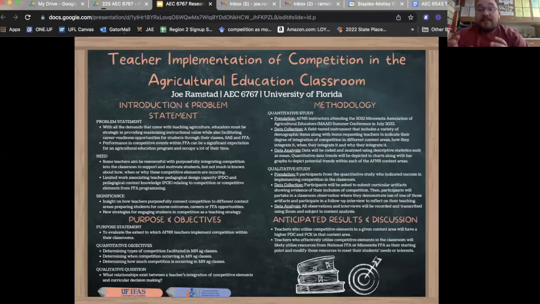Through all of this, looking ahead at what we anticipate to happen, I personally believe, after the research that I've done on the literature review, that teachers who utilize competitive elements in a given content area will tend to have a higher pedagogical design capacity, or PDC, and a higher pedagogical content knowledge, or PCK, in that given area. The reason being is that if they're able to integrate competition and not just merely teach the information, they're generally probably going to have to modify or change the resources to make it fit the needs of their curriculum.